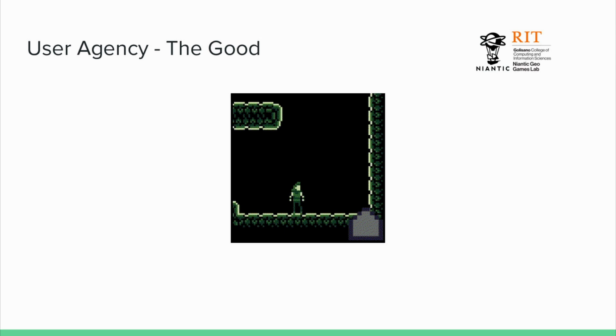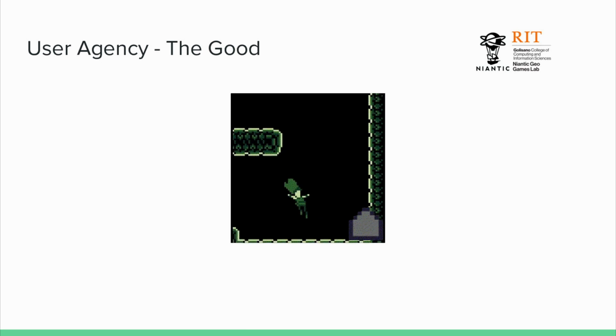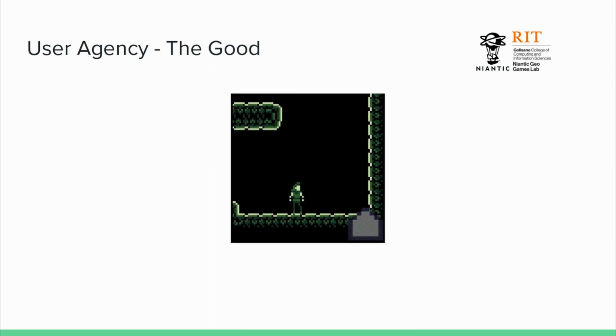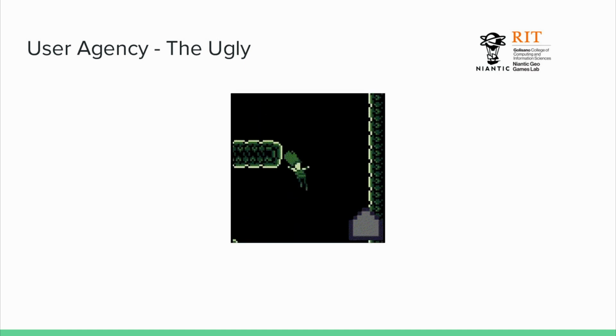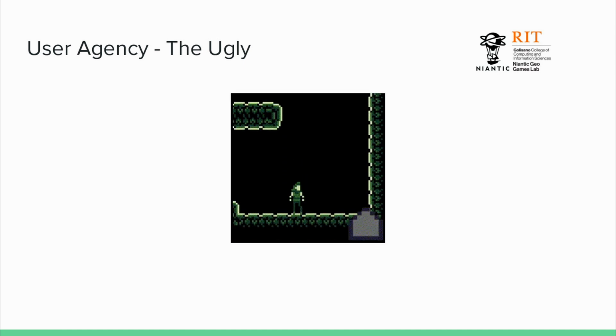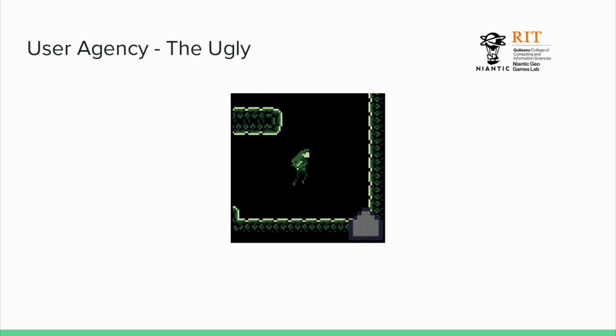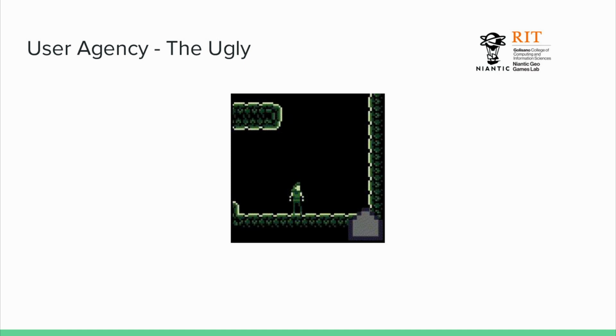When they release, it falls. This is an example of good agency. And this is in a different context, albeit in a platformer, but user intent can be directly transferred to action within the game world. In the case of bad agency, user intent takes a second. There's a delay, and it's not always guaranteed to be exactly as they want it to. In the case of really bad agency, the interface is basically not an interface, and it's more of a suggestion. As you can see here, the user would be trying to jump, and nothing happens, and all of a sudden it happens. Of the 3, obviously, good agency is the most preferred.